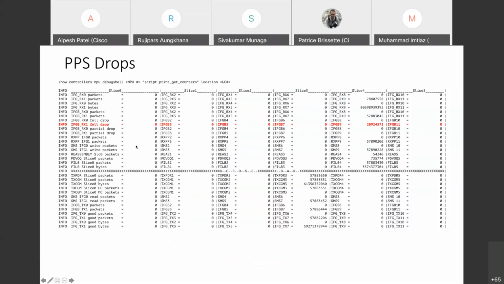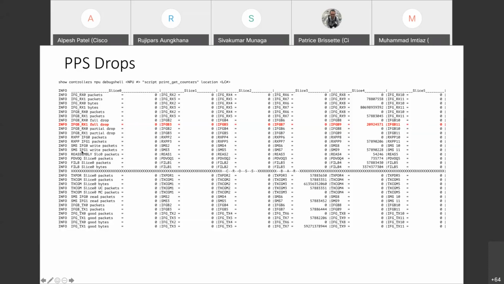So this command, let's take this as the last slide. Let's just talk about that. Show controller NPU debug and NPU number. These are scripts actually. There are multiple scripts, and these are the commands. Probably there is a side project ongoing to convert these into XR. I have to check back if that is still the case. But for now, these will be the cheat sheet commands we all have to deal with. But what's shown here is